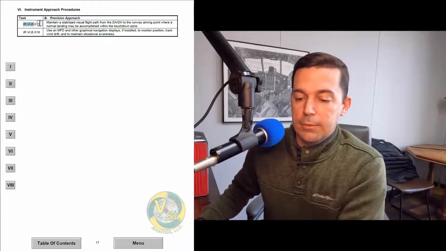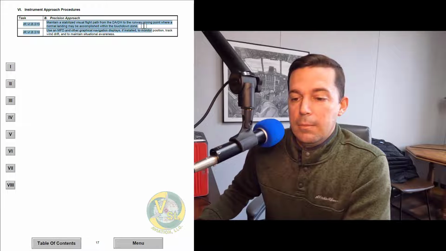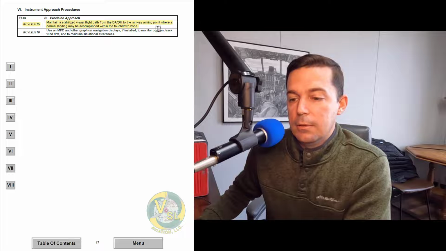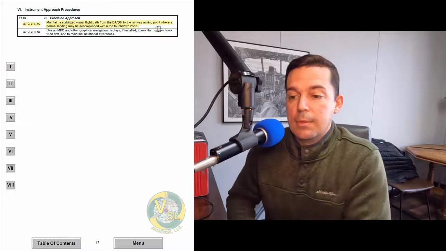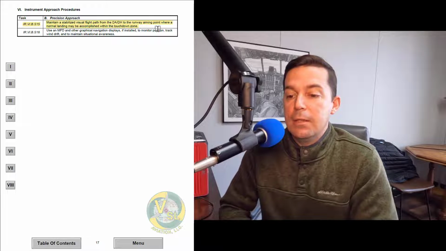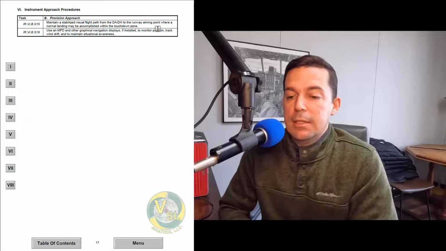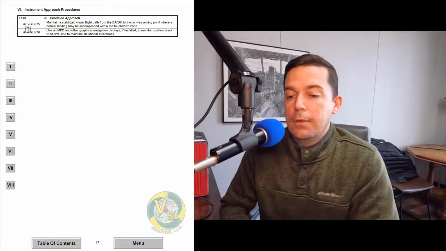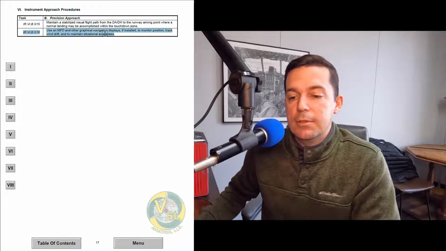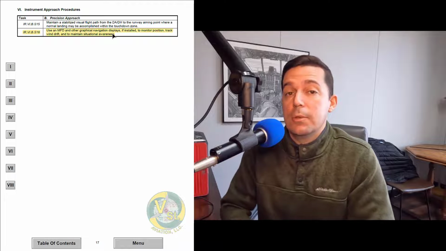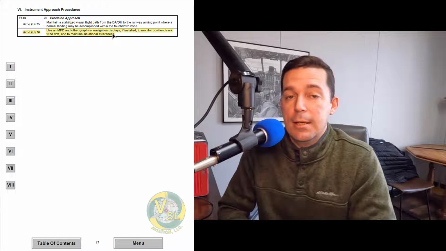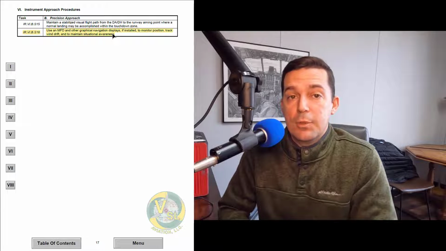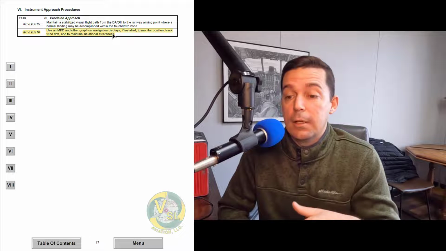All right, the next one, skill 15. Maintain stable visual flight path from the DA-DH to the runway aiming point where a normal landing may be accomplished within the touchdown zone. And then skill 16, use an MFD or other graphical navigation displays if installed to monitor position, wind drift, maintain situational awareness. Again, that's just situational awareness. We're not talking about our CDI, especially in our precision. We're going to have to use the glide slope because